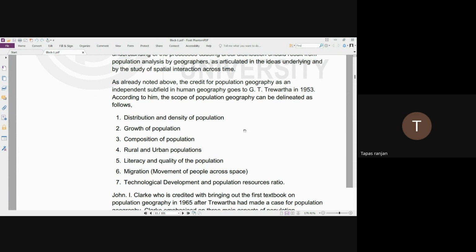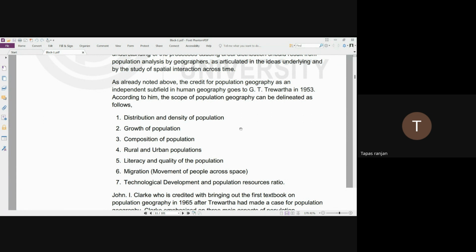and technological development and population resources ratio. So all these are different scopes of population geography. Not exactly the scope of population geography. These are basically the elements and components of population geography, which is building the scope of population geography. So by studying these factors or these elements, we will be having knowledge